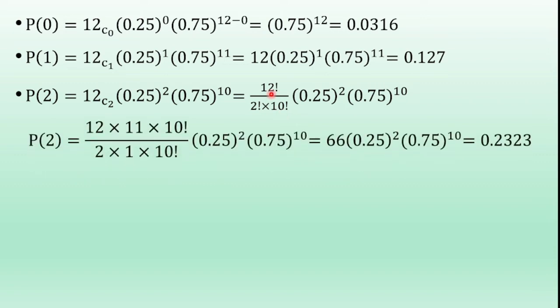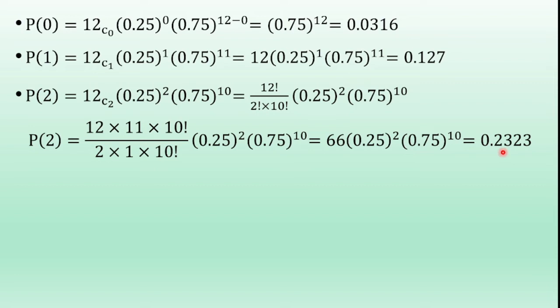In the numerator, 12 factorial is written as 12 into 11 into 10 factorial, and the 10 factorial in the numerator and denominator cancels. The remaining term is 6 into 11, which is 66. So 66 into 0.25 squared into 0.75 to the power of 10, and simplifying this term,